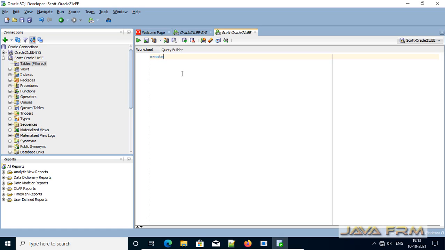So I am going to create one sample table here under the c##scott user.